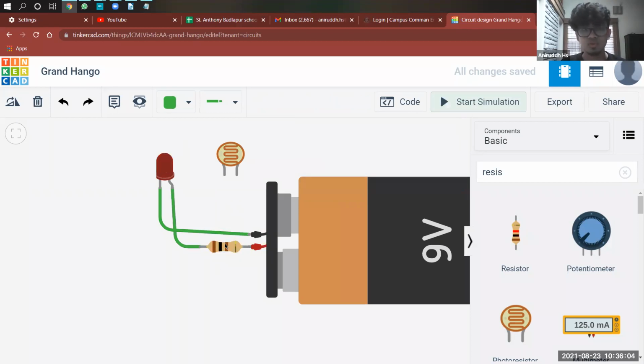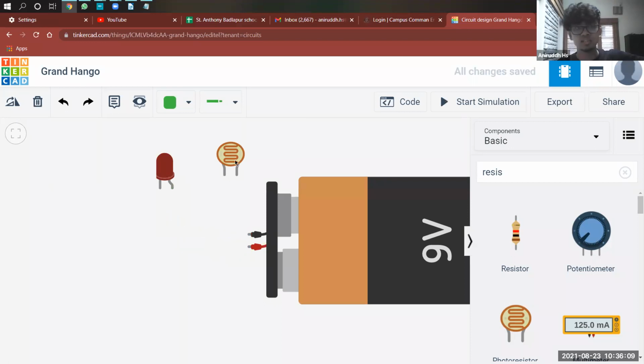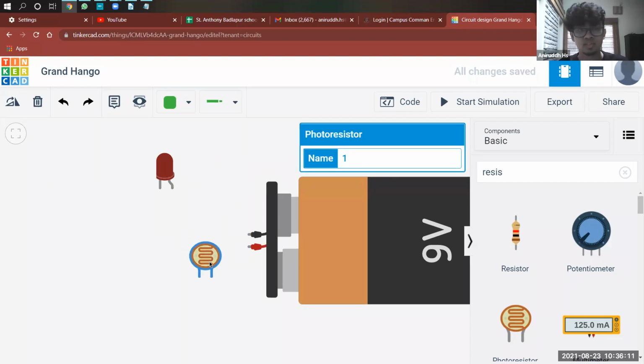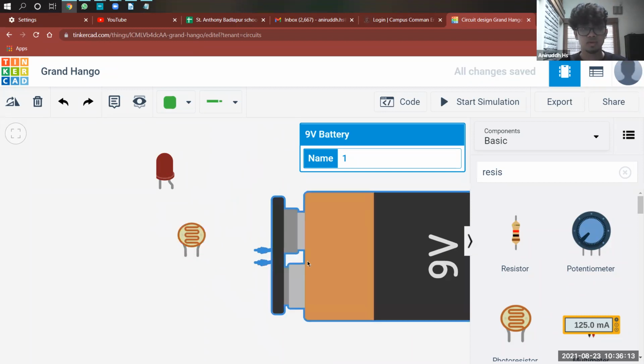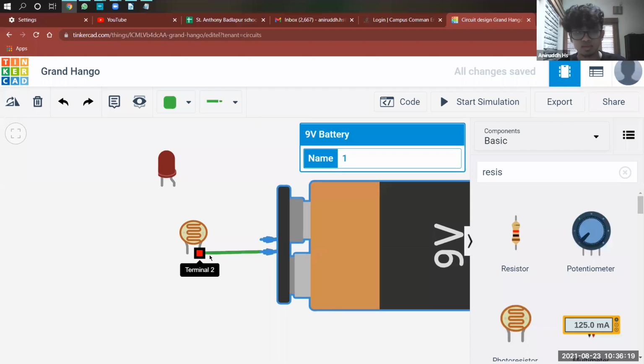So let's see. What I'll do is I'll take this. I'll delete everything. I'll attach this LDR in the place of the resistor now. I'll attach it just like the resistor. It looks different, but it also has two terminals like this.